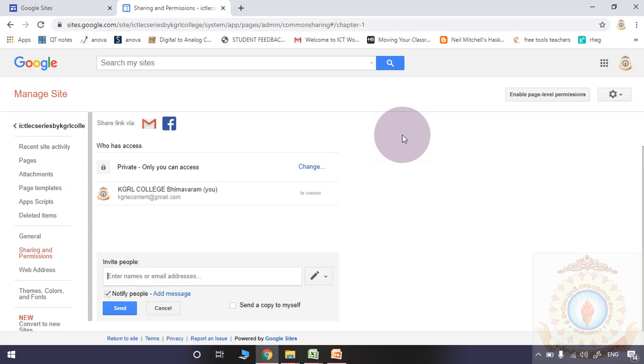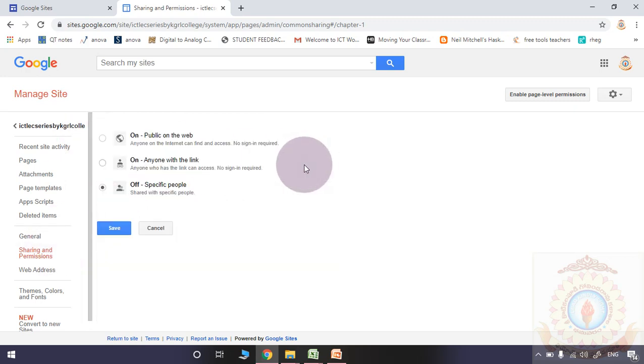If that Gmail ID matches the Gmail ID you entered here, then only they are able to observe your site content. Otherwise the site will not be opened to anybody. So in this way you may restrict access to the content of your website from outsiders. Simply you may offer the content to your students only. That facility is also available in Google Sites.